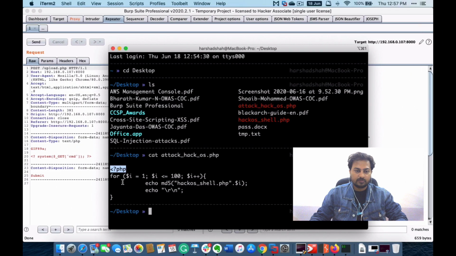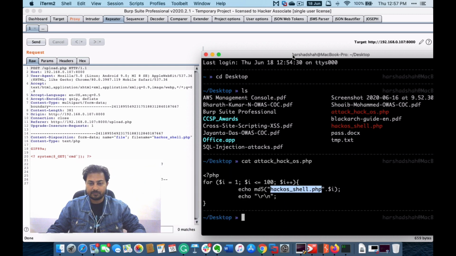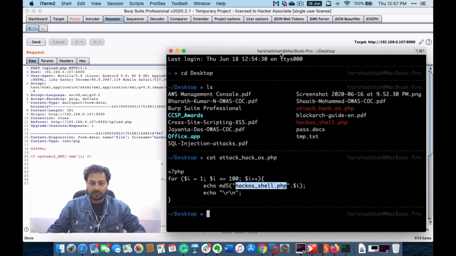Now you can see the loop. If you know a little bit of programming, this is a for loop, starting from 1, less than or equal to 100, then the increment, and echo means whatever comes right after echo it will print. So you can see the MD5 of exactly whatever we have uploaded. On my left-hand side, in Burp, it is called HackOS_shell.php, and it calls this function, and after that we have echo, then \r, then \n, and